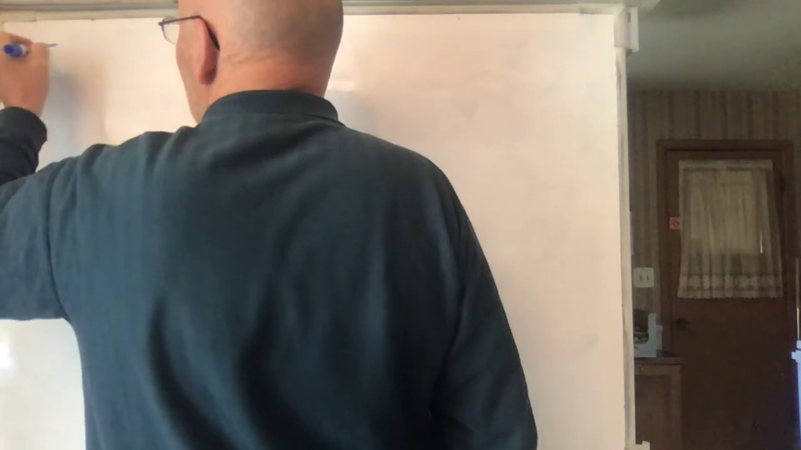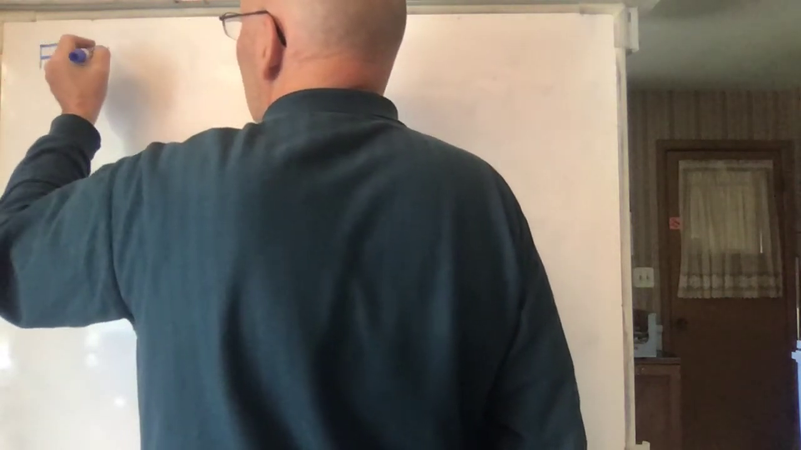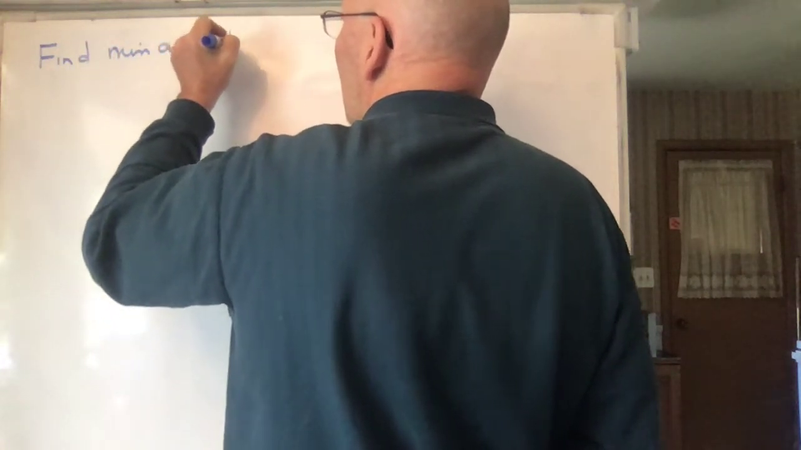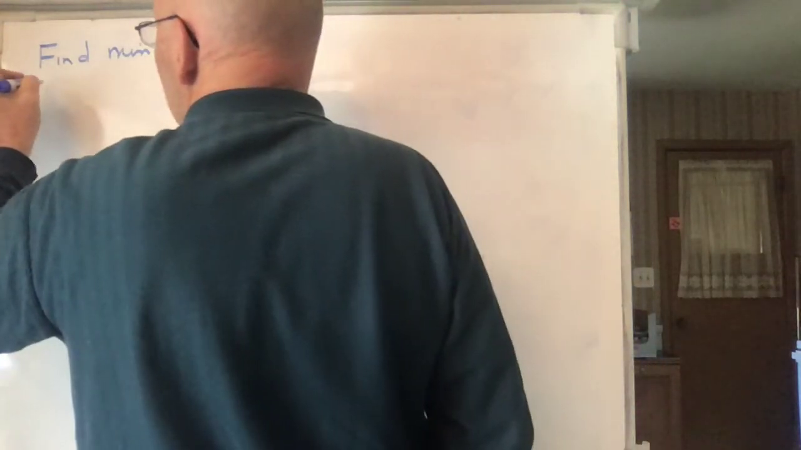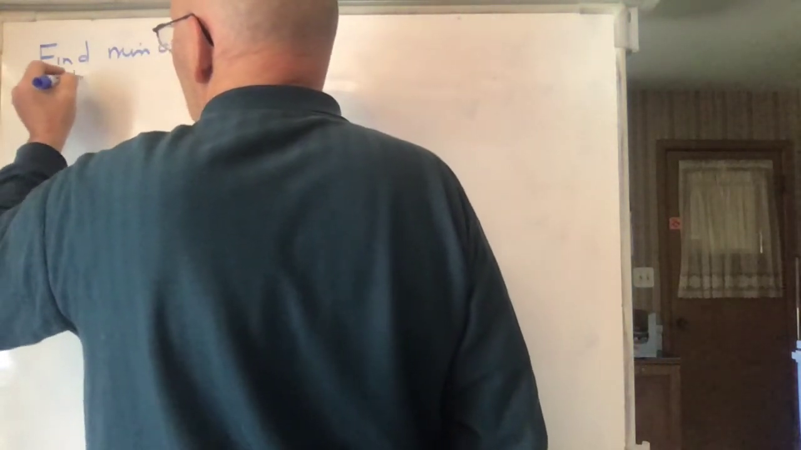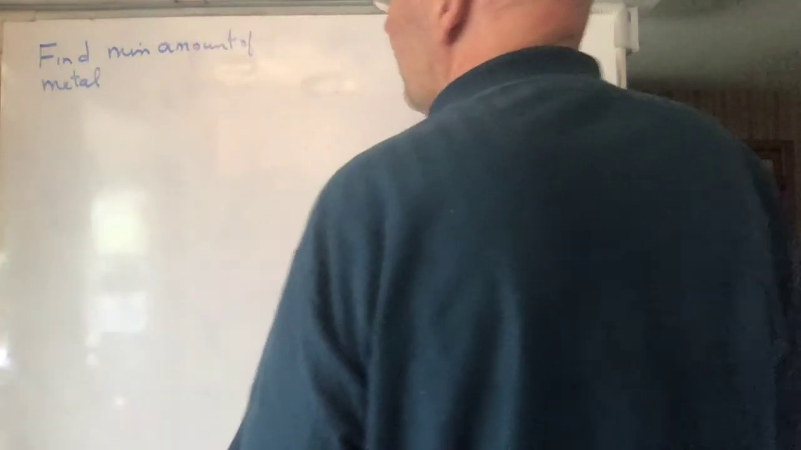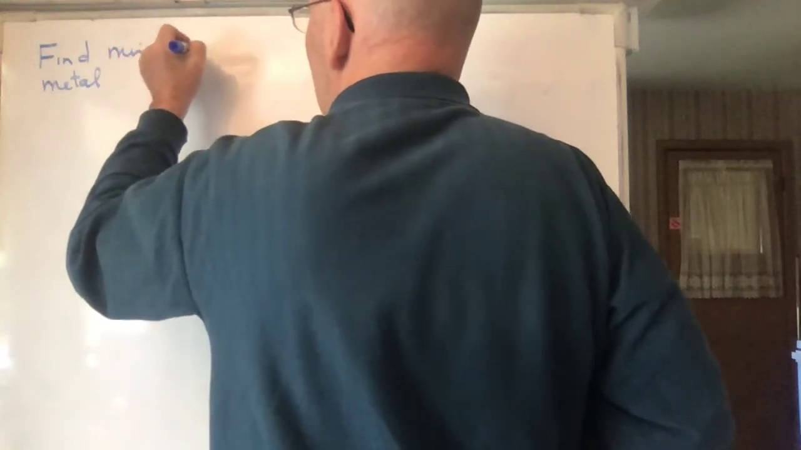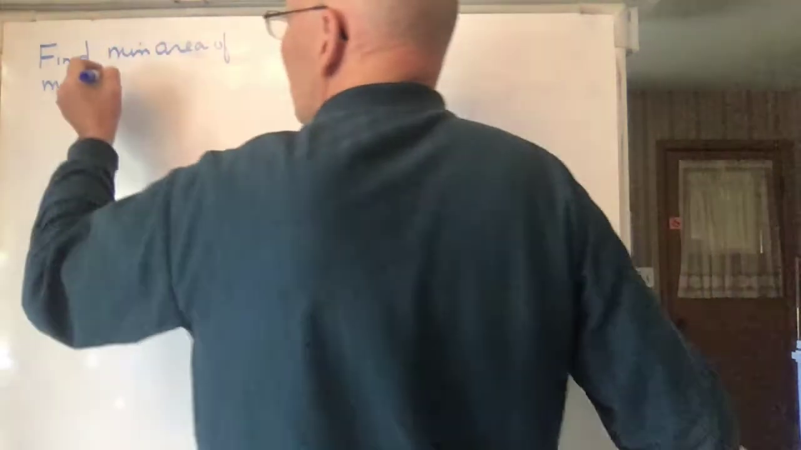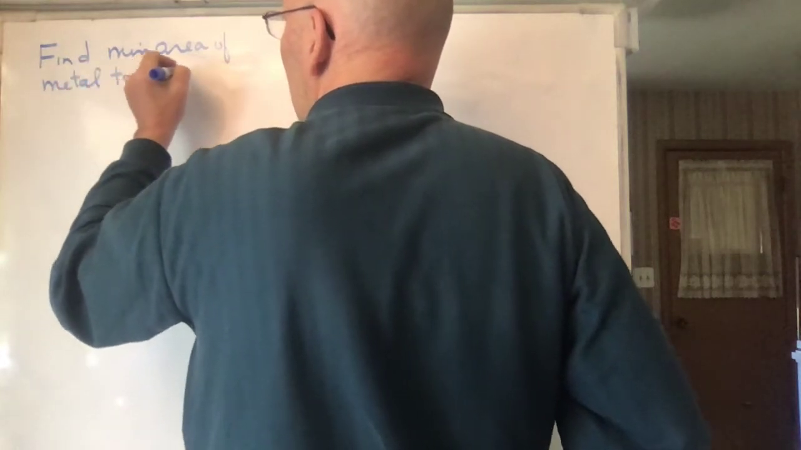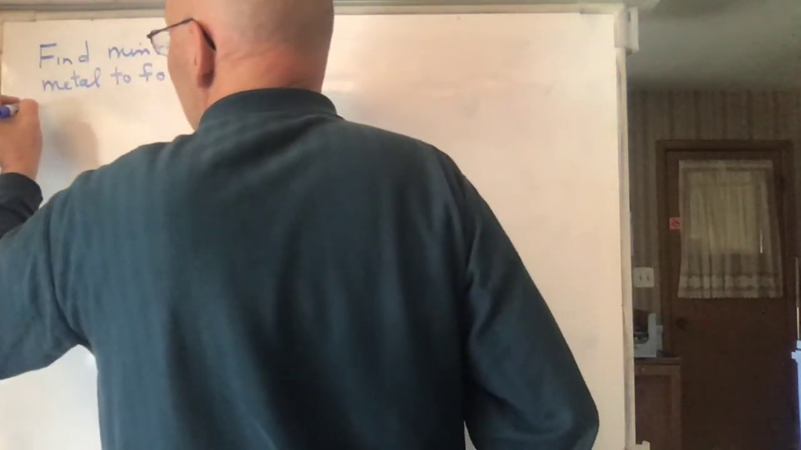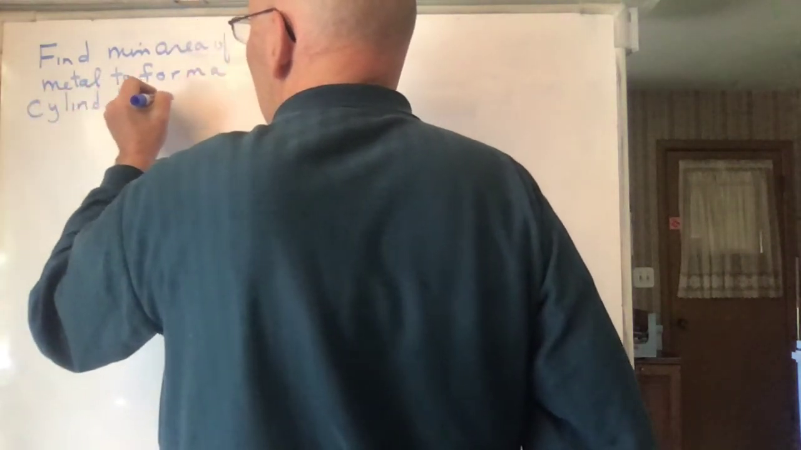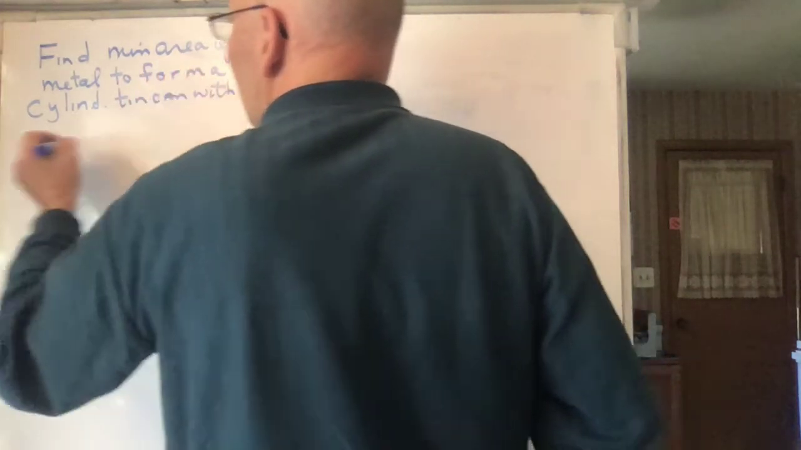Find the minimum amount of metal. Let's say a minimum area. Let's say the minimum area of metal to form a cylindrical tin can with volume